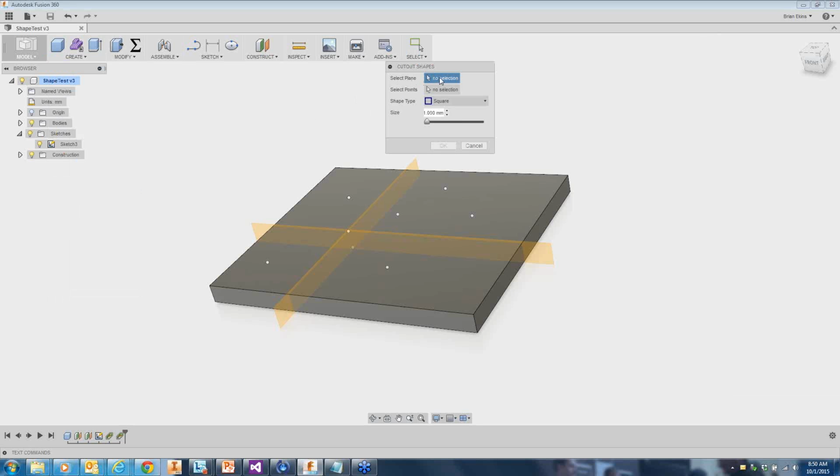It's asking me to pick a plane and some points, which can be sketch points or construction points. Then I have a drop down with these 3 different shapes and a size. And I just used a slider. There's a little bit of a problem with this being cut off, but just a slider to make it a little more dynamic here. But so I pick a plane,